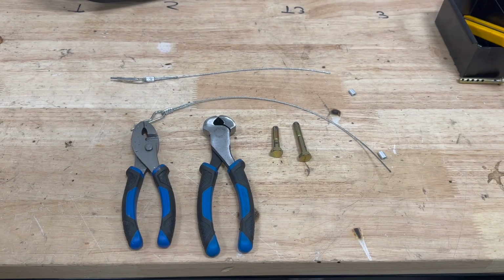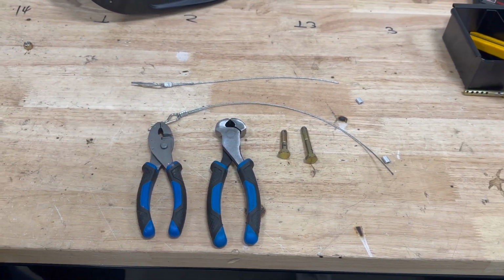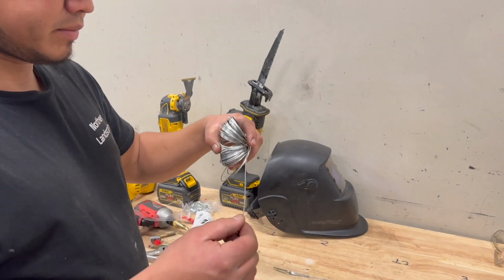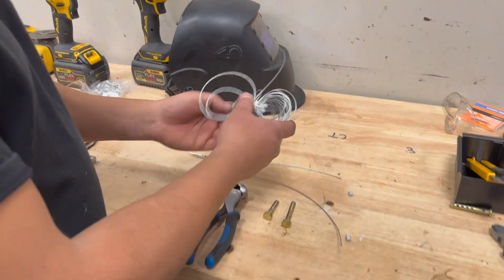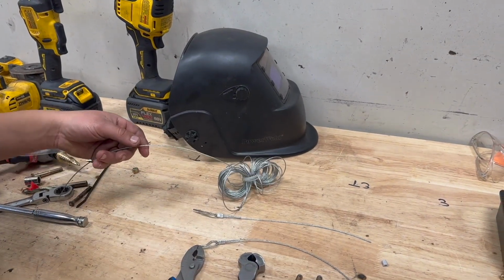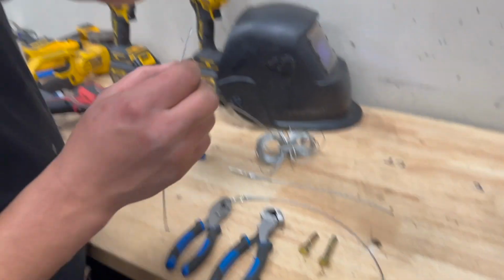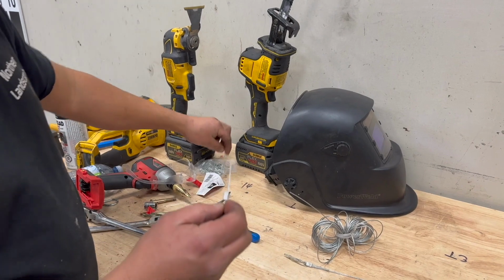So Eric, you want to explain to us everything we're going to need to mount the shovel on the blower? Sure. So it's pretty straightforward. You have your wire. Cable. You could call it that, cable, doesn't matter. And then just find something really sharp that will cut it. Make sure the cut is really nice because you gotta go inside this press lock in here, and then